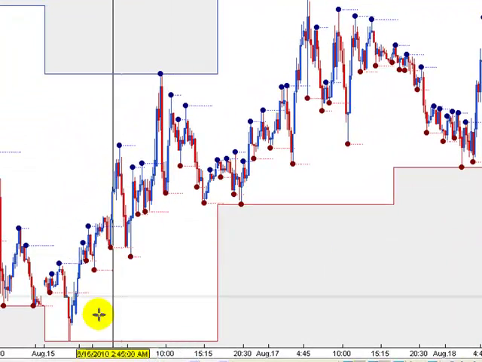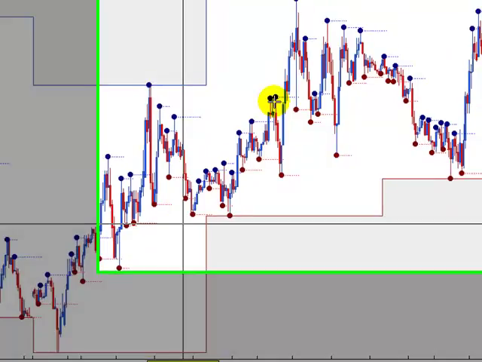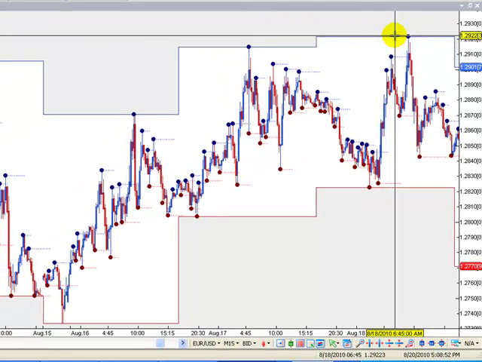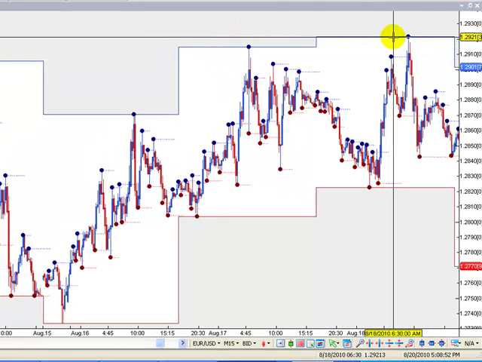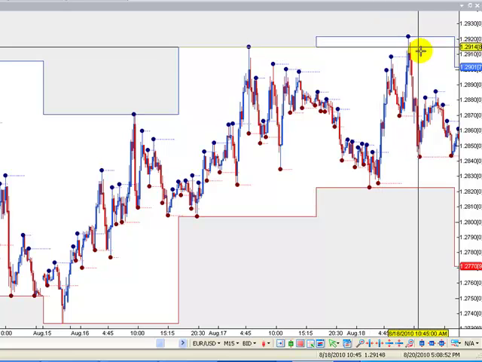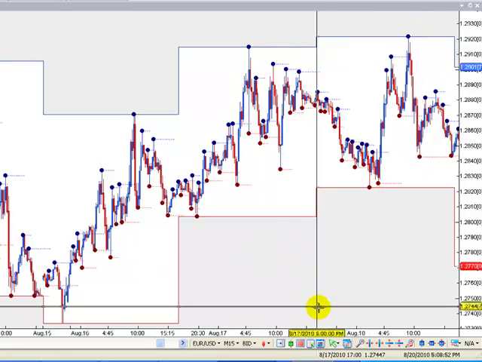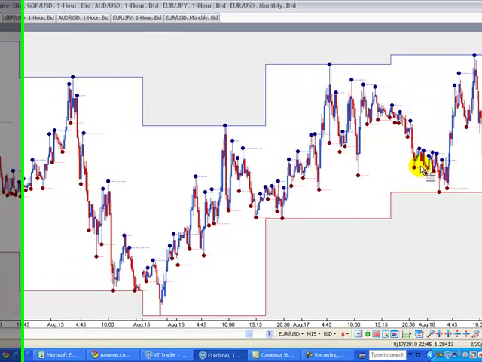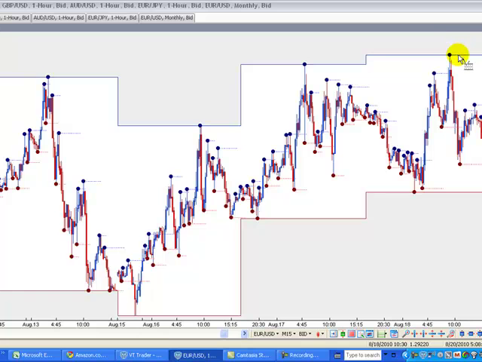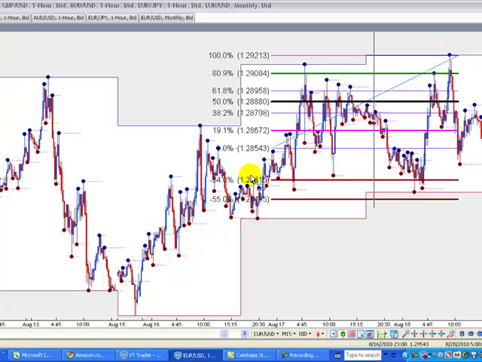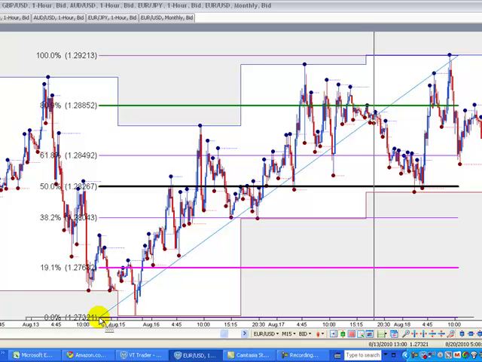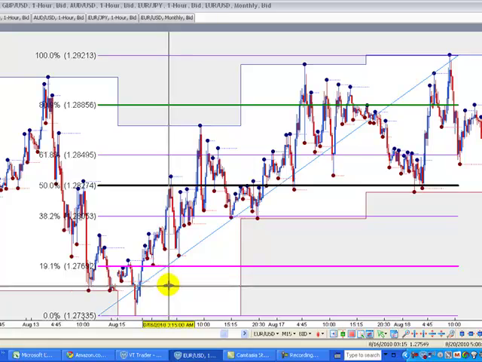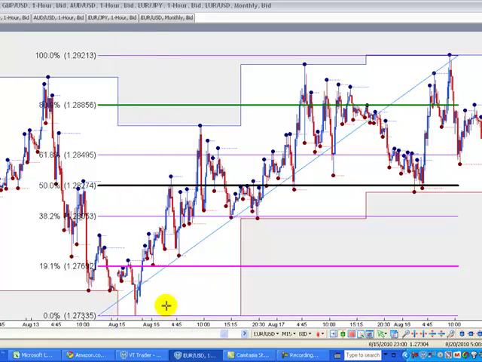Once you have a swing being developed, you need to fib that swing. Once you have an established swing, you have to fib that swing. So here where selling started, all I did was fib from this high that was created here to the low that we're coming from. And 1.2733 is the low, and the high is